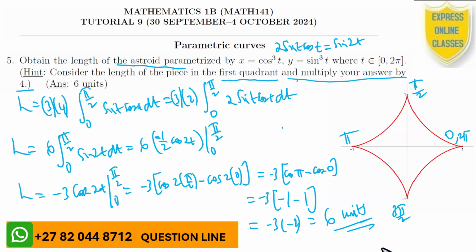Okay, now we continue. We continue because we've found the length of the asteroid. To find the length of the asteroid, we use the arc length formula. We multiplied everything by 4 for the 4 parts in the 4 arms of the Cartesian coordinate system. And as we've done that, we were therefore in a position to